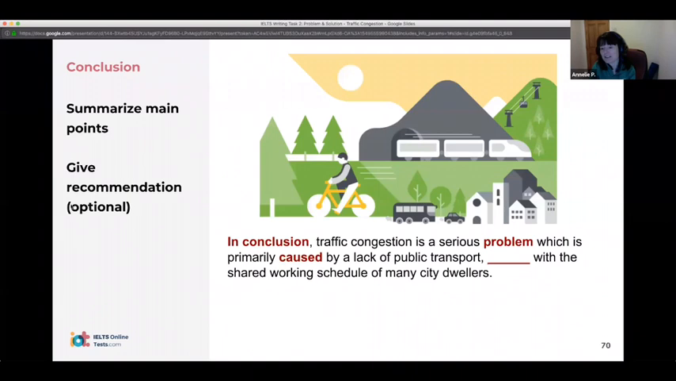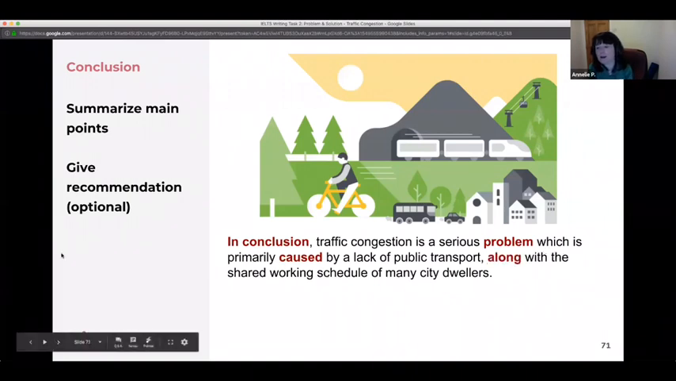Okay, very good. So we put it in the form of "along with." But yeah, "together with," "coupled with," all of those would be very nice options as well. Okay. So those were our two causes. And then we have